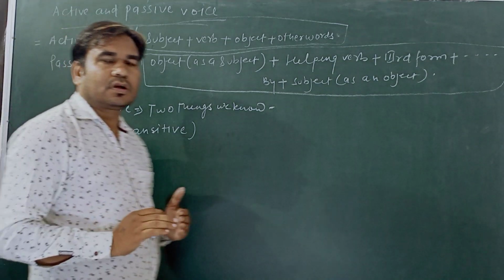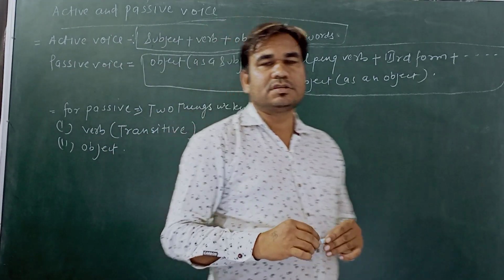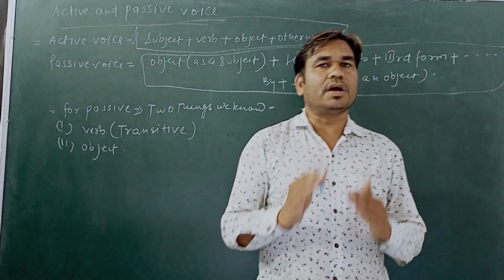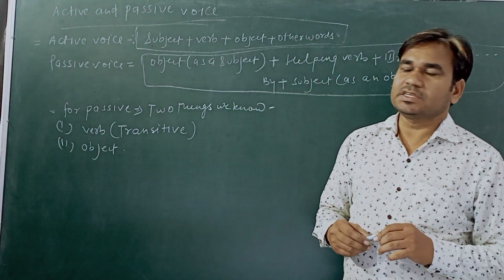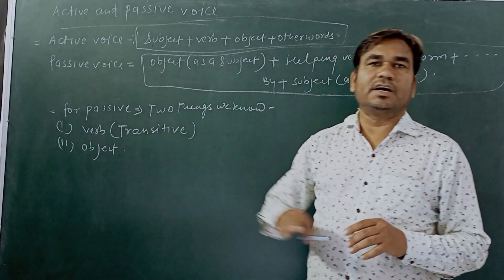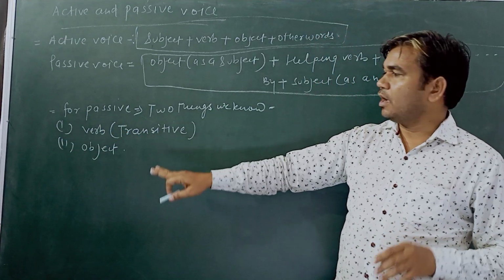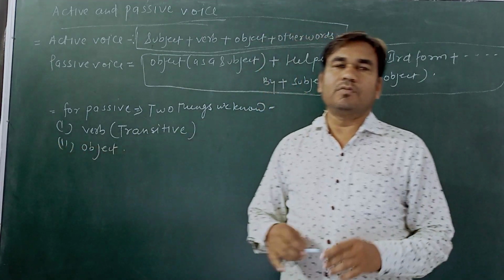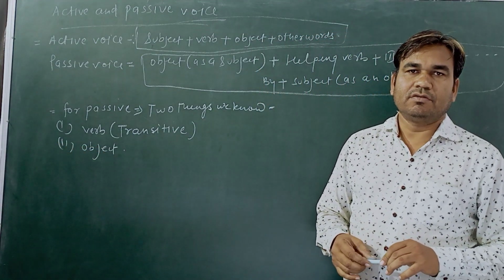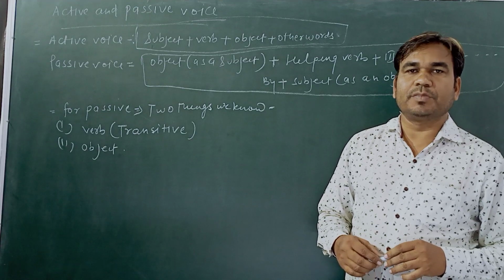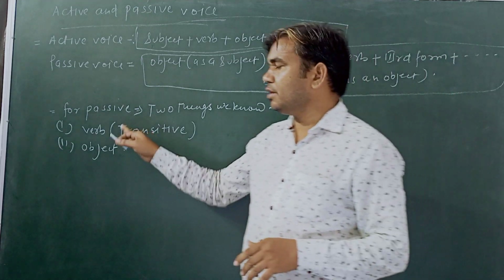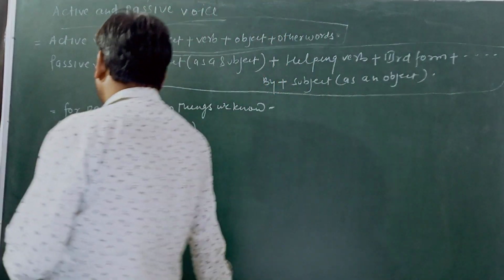So for converting the active voice into passive voice, students, you have to first recognize that the verb in the active voice given should be transitive, and second, an object should be necessary for converting active voice into passive voice. So two things we have to notice,